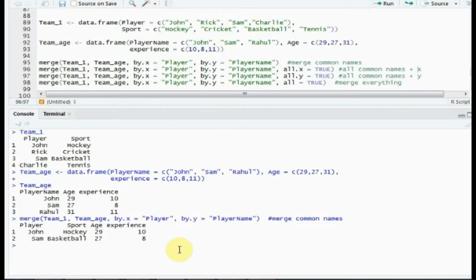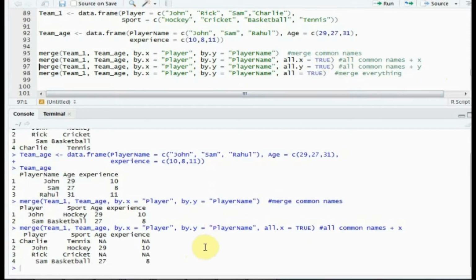If you see here, only the common names from both the data sets got merged. So we have another argument, say all.x. Let's run and see what happens here. Please note here all common as well as the non-matching rows from dataset 1 appear in this output.